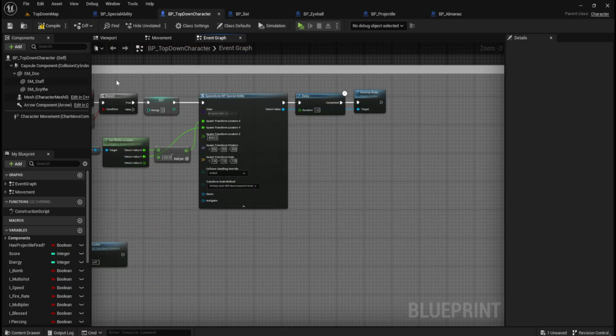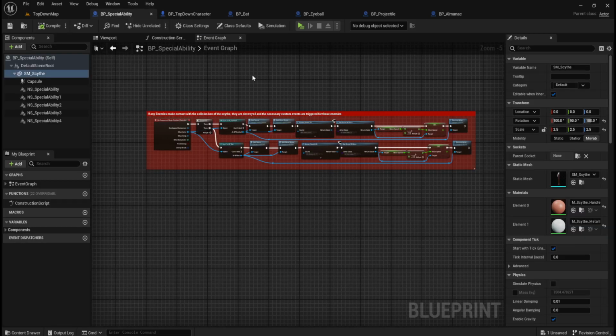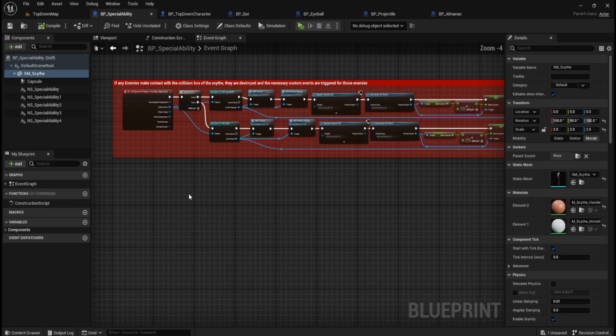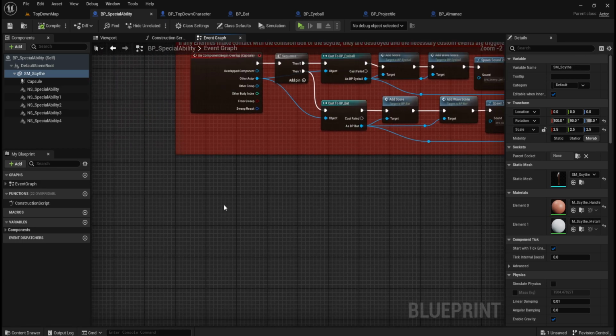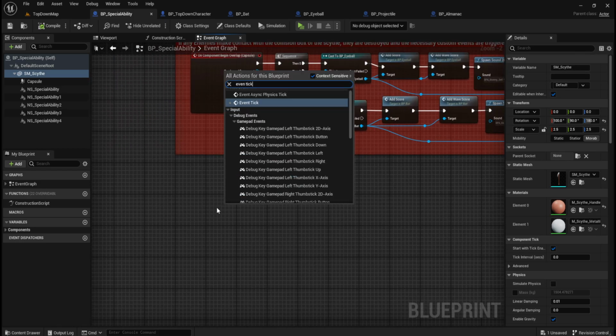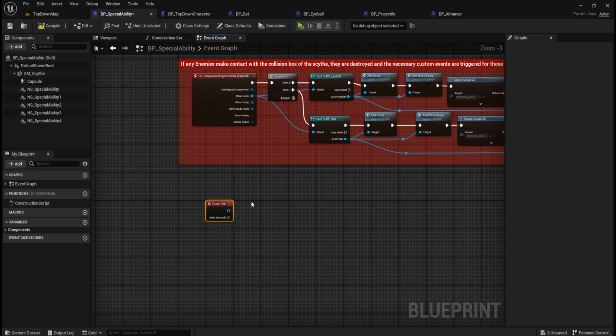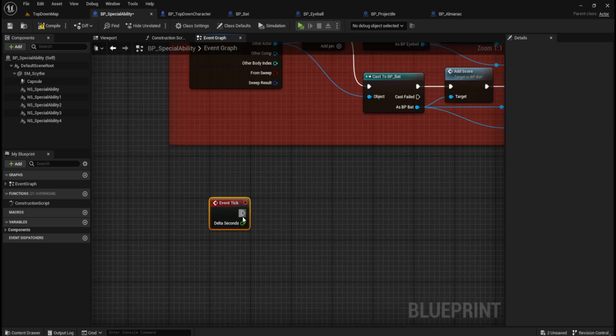One of the other programmers has put in the spawn for the Scythe, and I've just tidied up the code a little bit, and I'm just adding a rotation to it. So I'm going to do this on an event tick. So basically, whilst this will only ever happen when the actor is in the game,